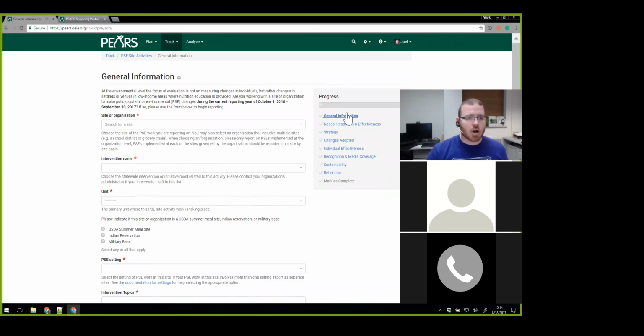The first is this progress bar and this gray box over here on the right-hand side of the page. It is going to help us know how much data we have left to enter, or how close we are to marking this PSE site activity as complete. What complete means in PEARS terminology is not that the PSE work is no longer happening. It's not that you're done and that no changes are happening, you're not working at that site anymore. Rather, it means that we have a complete set of data ready for reporting for this reporting period,